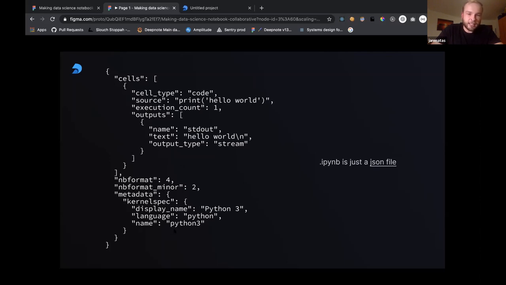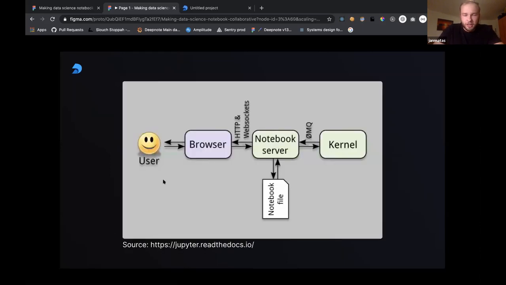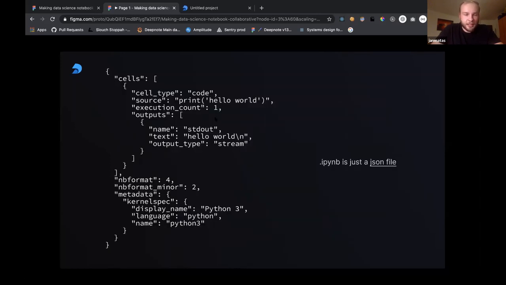Otherwise, there is some metadata saying that this is a Python notebook. There is a notebook format. This is not particularly important, but there are 5 versions of Jupyter Notebook files that exist. Pretty much all notebooks today are version 4. We have seen in DeepNote a couple of Jupyter Notebooks version 3, but nobody really cares about those anymore. Cool. So now when we know what the Jupyter Notebook actually is on the disk, it's just a JSON file,